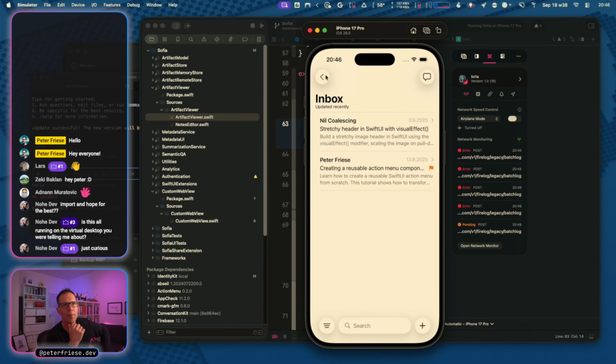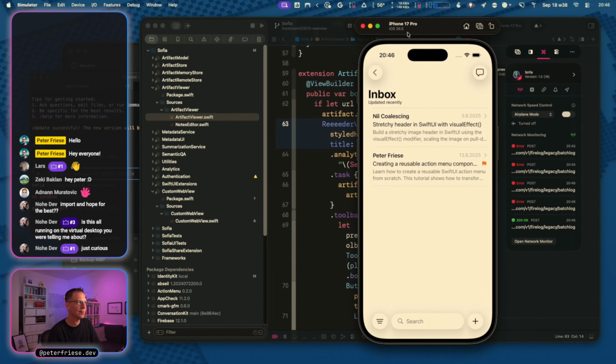So, Noe, what was your question? Is this all running on the virtual desktop you were telling me about? Yes, it is. So, all right, so Noe is my colleague that I run the Firebase After Hours show with. And recently I had been raving about a tool called DeskPad. And DeskPad allows me to run a virtual screen and my entire thing that you see here, Xcode, the simulator and this entire desktop here is running on this